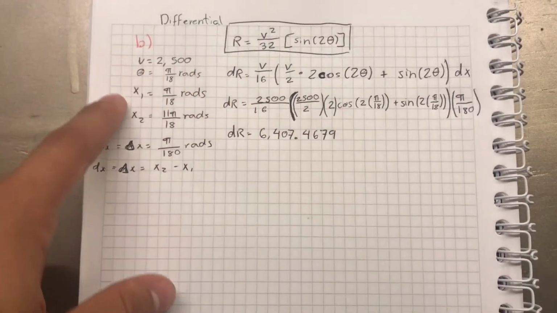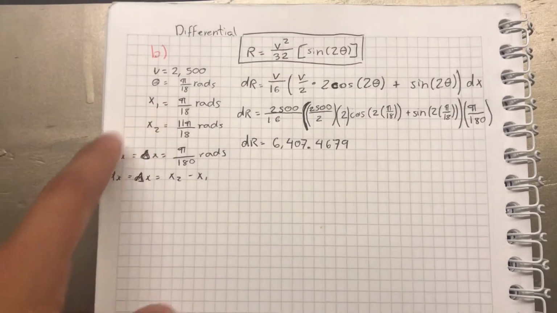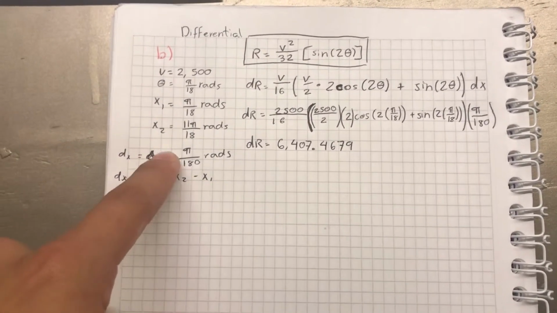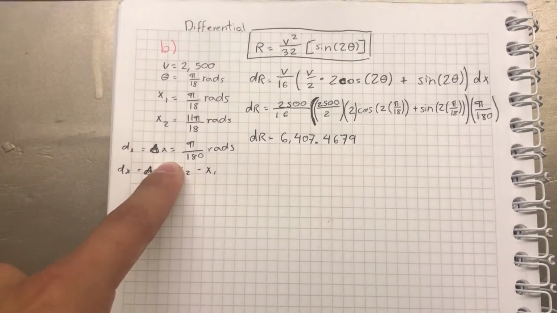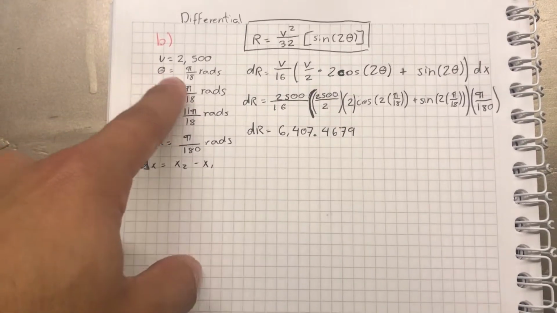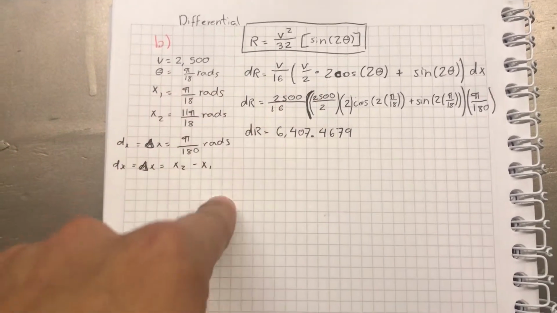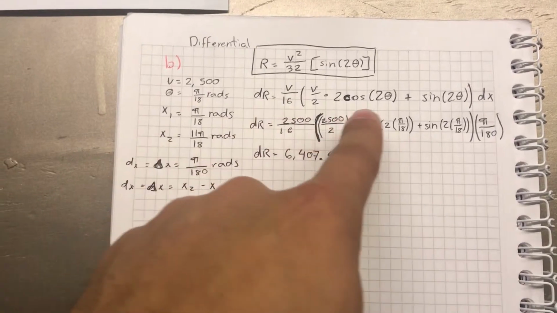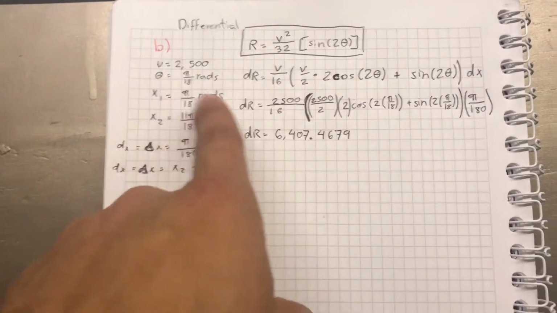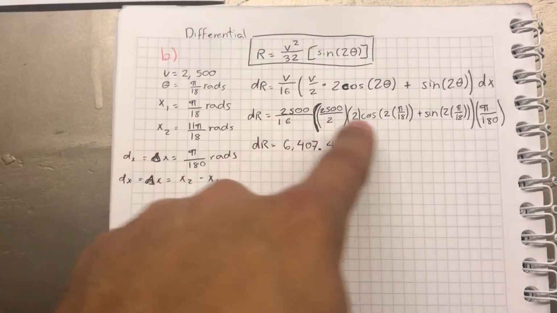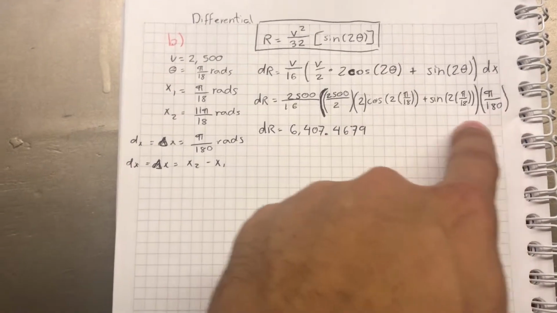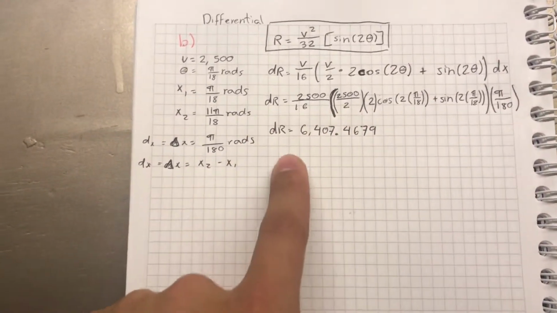We have the same values, x1, x2, our dx, which is x2 minus x1, that gives us pi over 180 rads, and our same constant, and theta becomes our x1 when doing differentials. Here all our variables, we just substitute with our values. There is 2500, pi over 18, and our dx, and plugging this in the calculator,